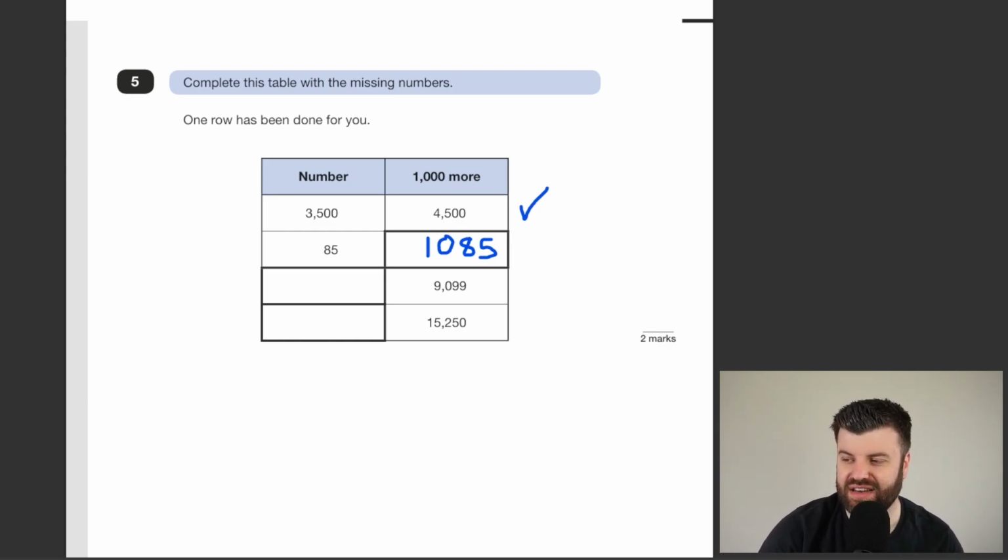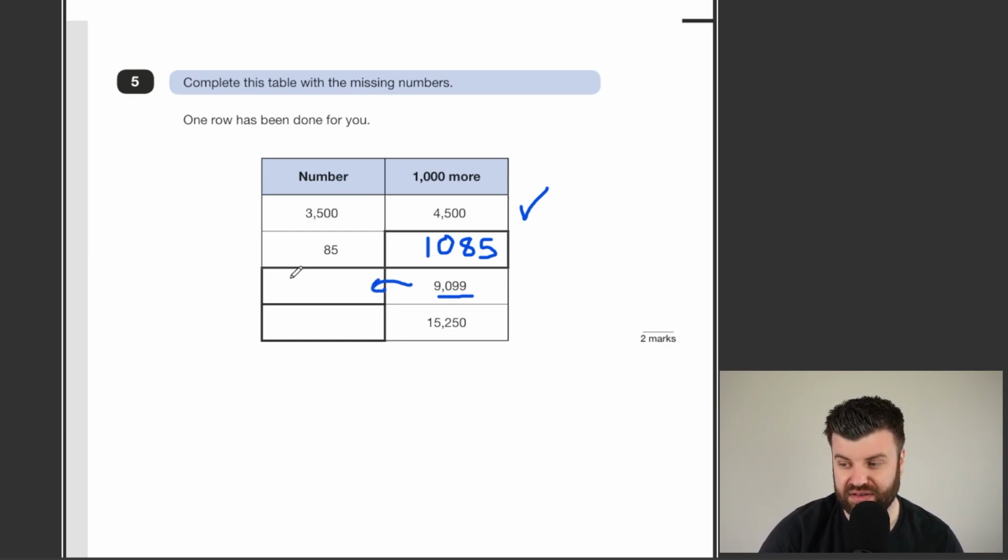Because here, 9,099, a lot of children would think, well, I just do 1,000 more, right? Because the question's 1,000 more. No, this number here is already 1,000 more. So we have to do the inverse to work backwards and take off 1,000. That leaves us with 8,099. Same again here, 1,000 more has already been applied to 15,250. So we go backwards and we have